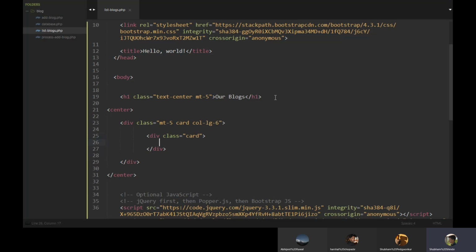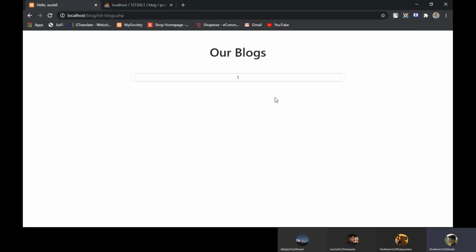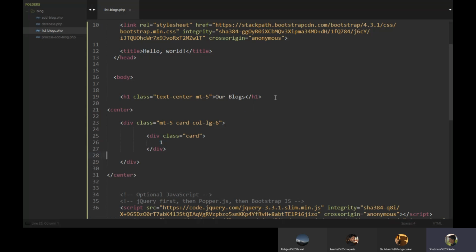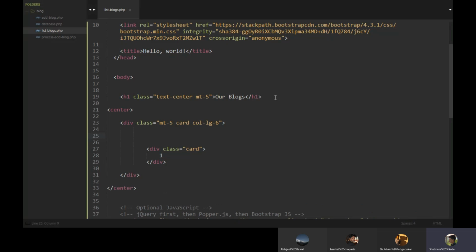Let's put something here. We'll put 1 just for viewing it. We will leave some space from the top and from the bottom. That's looking good.